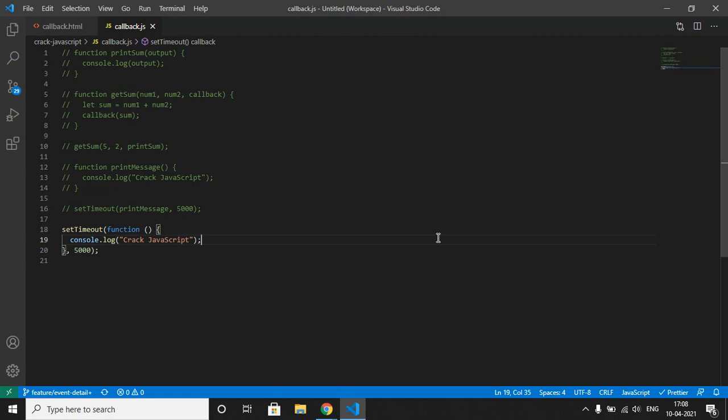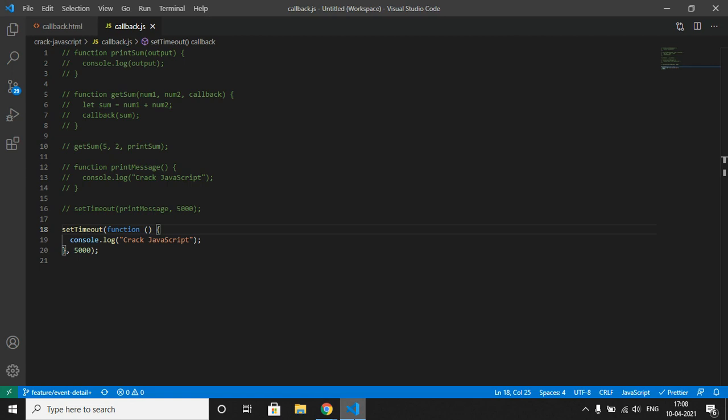As the name suggests, an anonymous function is a function that does not have any name. So this does exactly the same task we did previously. Let me run this. 1, 2, 3, 4, and 5. Yes, it is printing Crack JavaScript, same as before.